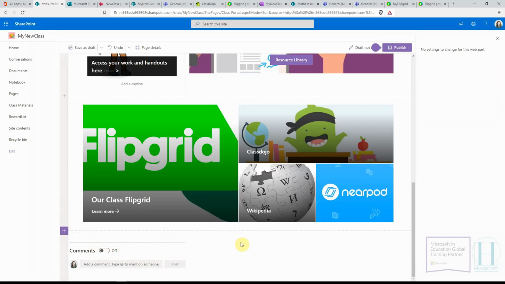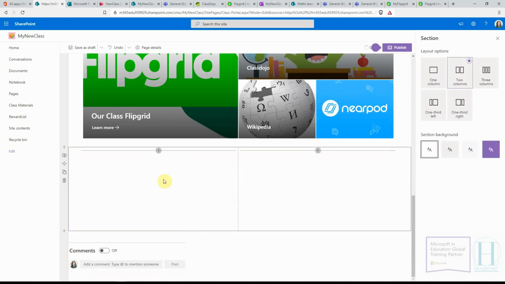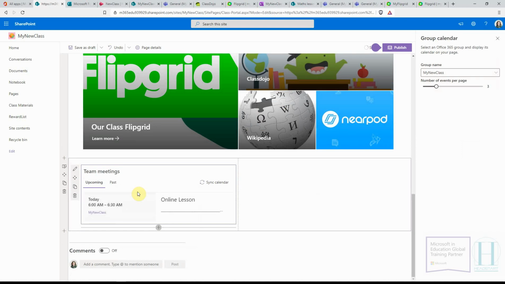That's one option. Maybe another option that I can add down here is, let's say, 2 columns. I could insert a video that I want them to watch from YouTube. I could insert a Microsoft form directly on the page for them to submit. One other idea that I had while putting together this portal was actually this. I can display a group calendar